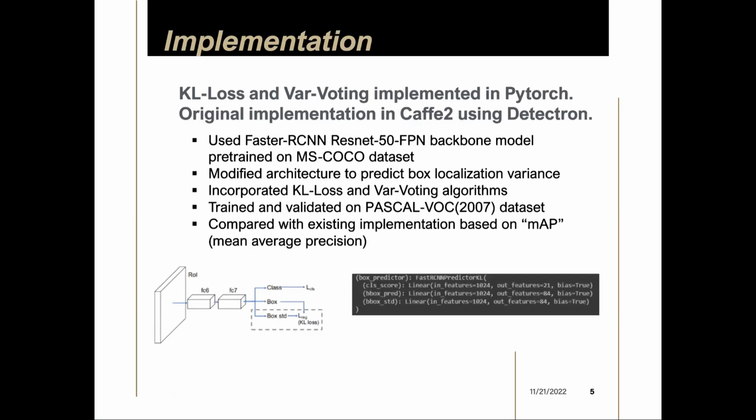In this project, I have implemented these two main algorithms using PyTorch. The authors have already provided the official implementation in Caffe2 using Facebook's Detectron framework. For this project, I have used an object detection backbone model called Faster R-CNN ResNet 50 FPN pre-trained on MS-COCO